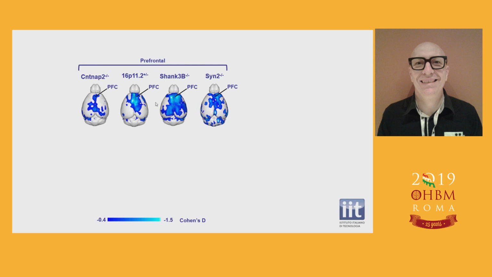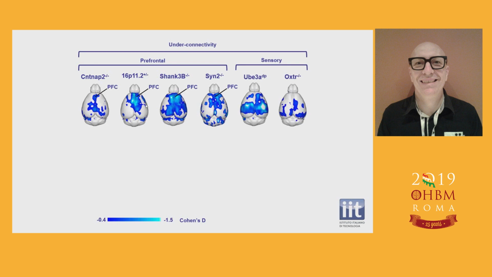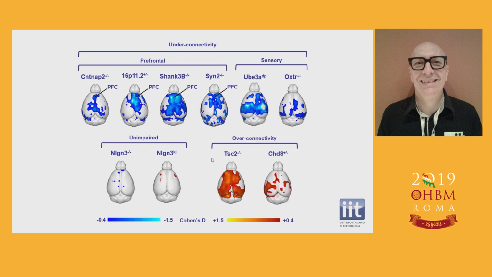Blue here means reduced connectivity in cortical areas, and as you can see, these four mutations produce reduced connectivity in prefrontal regions. However, if we zoom out and begin to include more mutations, the spectrum is kicking in, so to speak. You see that for these two mutations, we have a more unimodal reduction in connectivity. We also have mutations like neuroligin where there is no cortical effect. And the last bit, which is the one I like the most, is that you really have the opposite effect as well. We have mutations that produce over-connectivity, right?